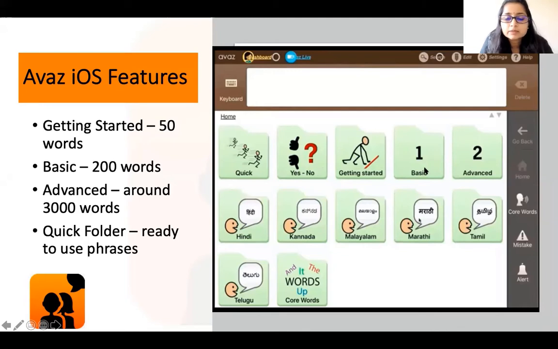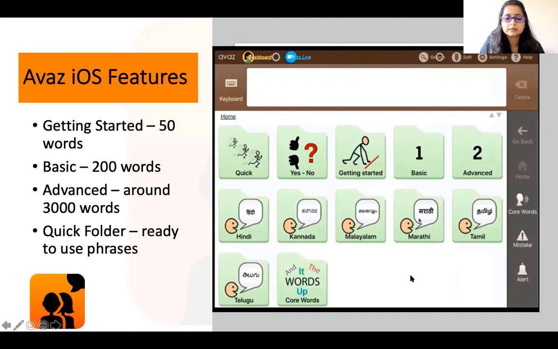The basic folder has a vocabulary of 200 and advanced has around 3,000 words. So it varies in terms of complexity, the level of vocabulary. The advanced folder has more subfolders in it. It has more categories, linguistic categories in it. So that makes it a higher level of vocabulary.